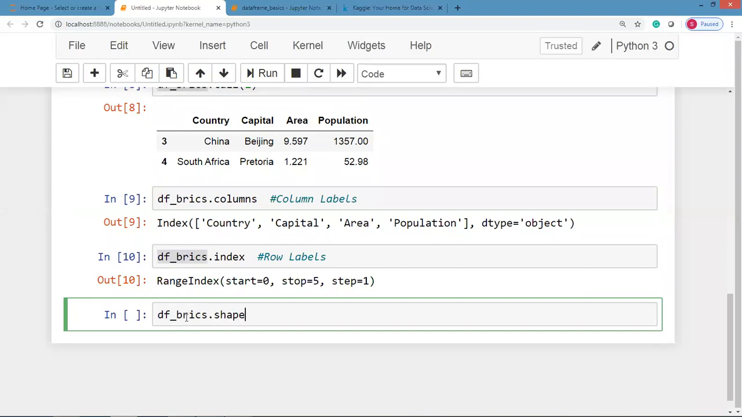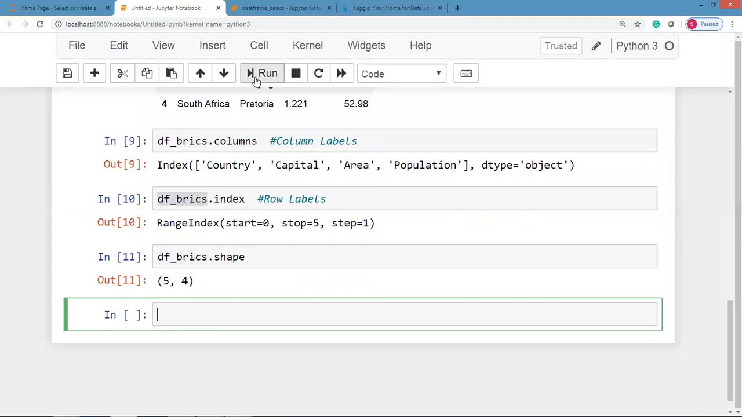We can just use this, right? We can get to know what the shape is. You can just see there it is 5 rows and 4 columns, right? Okay. Now, if you want to know what is the type of each of the columns,